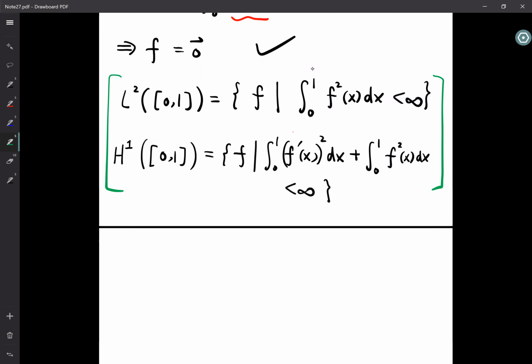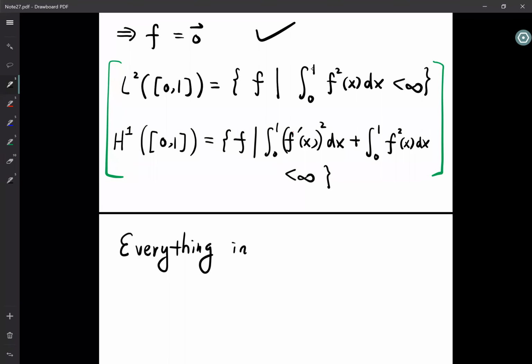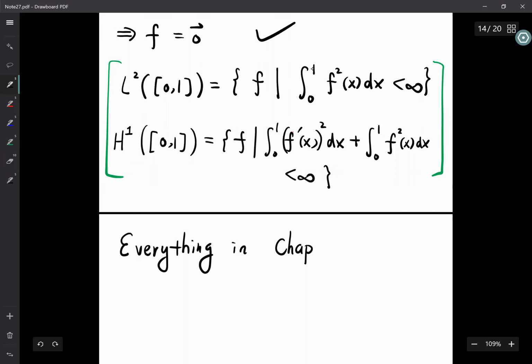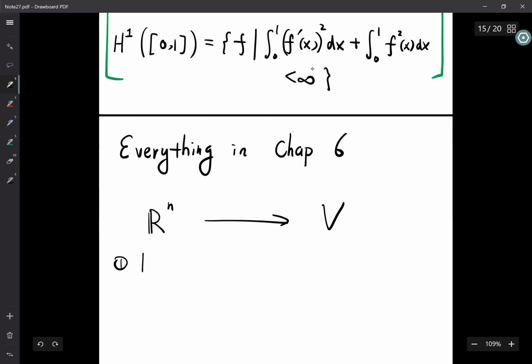So now that we have defined inner product, just like in chapter 4, once we have established the idea of vector space, it only took us a sentence to translate everything we have learned in chapter 1 and chapter 2 to chapter 4. So now I have really defined what the inner product is. That definition has done the heavy weight lifting. We can now just translate everything in chapter 6 from Rn with the inner product to a general vector space with an inner product. This includes length,